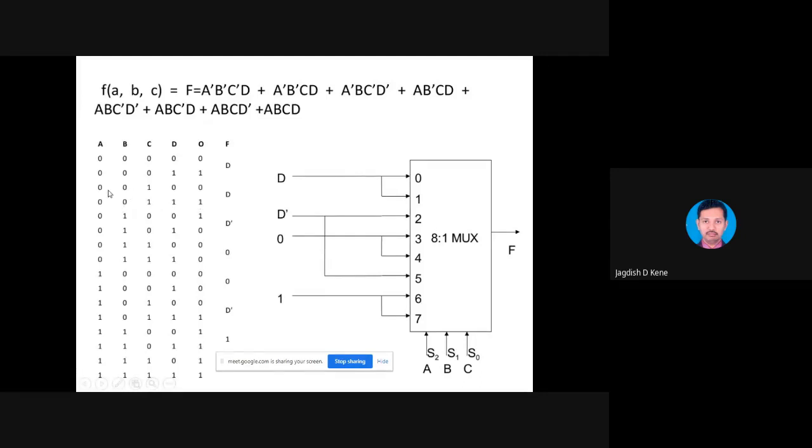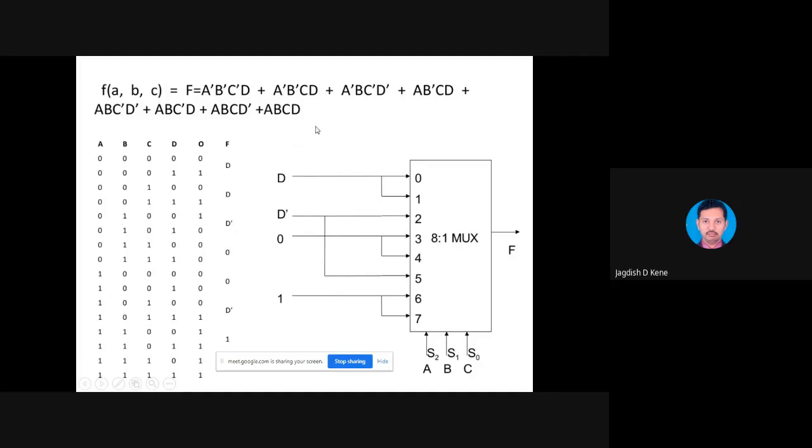So according to that, this will be indicated as input port 2, and this will be indicated as input port 3. That's why D is connected to port number 2 also. Here we have a D dash. We have labeled it, but actually it is inverse. So here we have this value 0010.